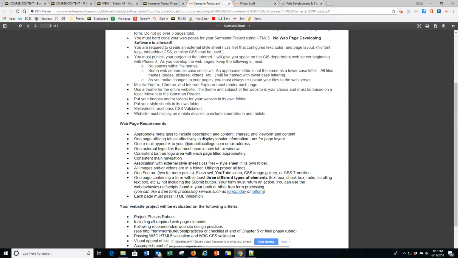One page containing a form with at least 3 different types of elements. So maybe you've got a text box, a checkbox, radio box, scrolling. This doesn't include your submit button, but you'll need maybe their first name, their last name, their email address. I mean, those are different form elements. So